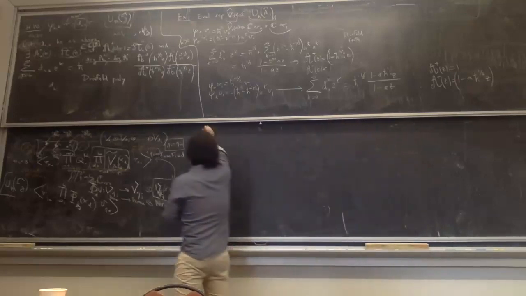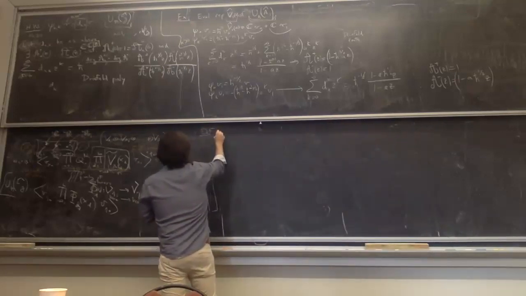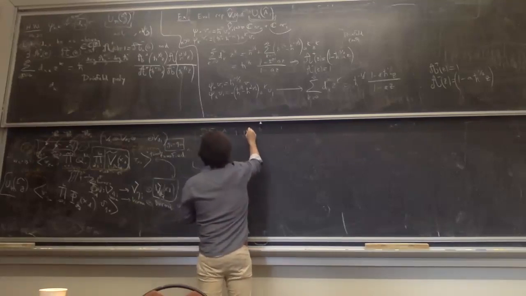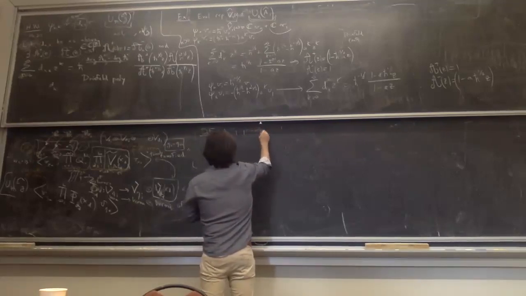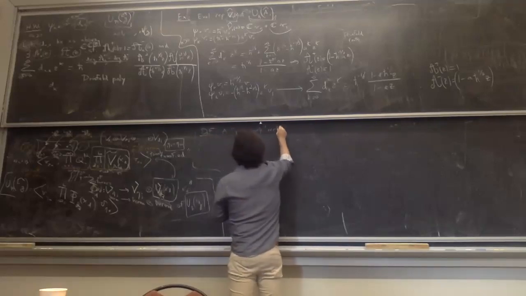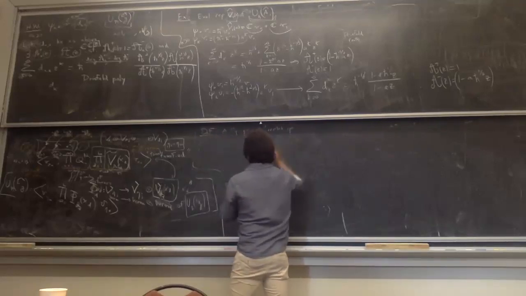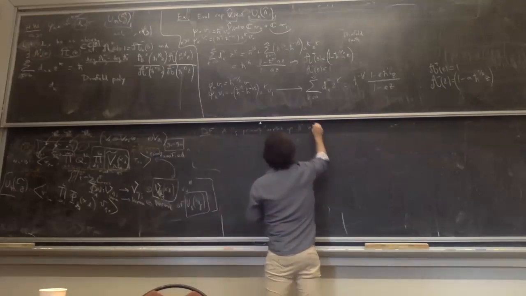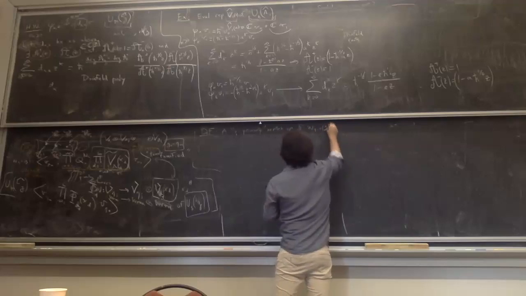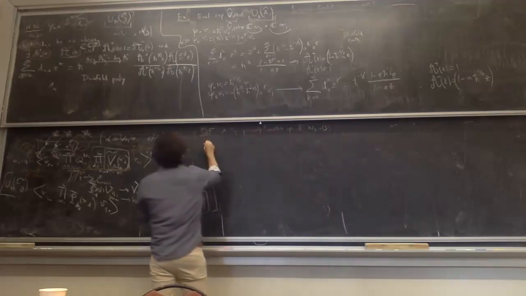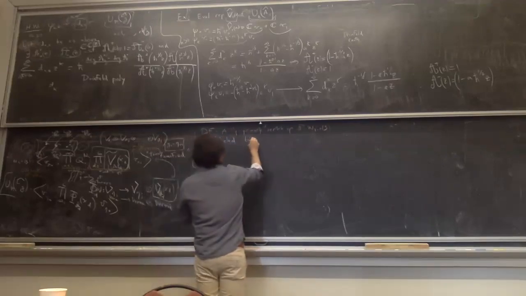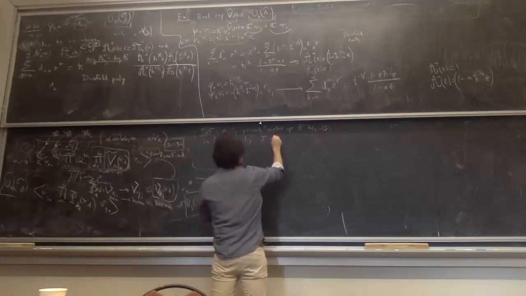So, definition. A q-primary vertex operator of W_{q,t}(G) is labeled by J weights